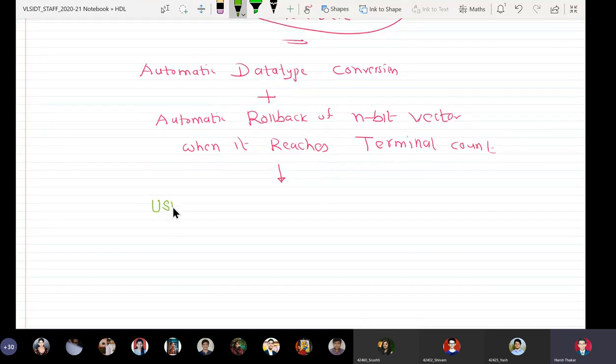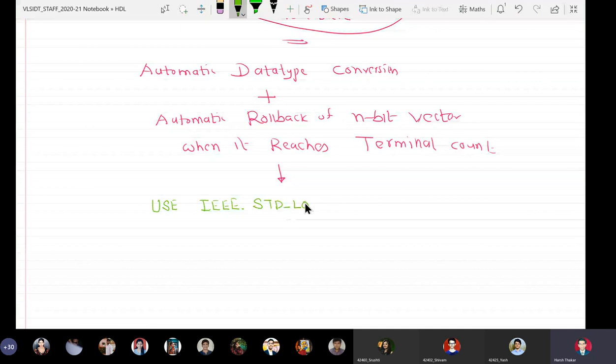So I can say use IEEE.std_logic_unsigned.all. This is the library statement which has to be added in our program.